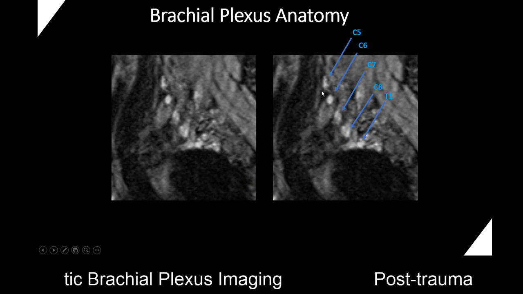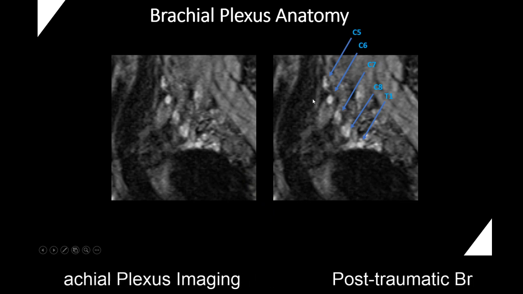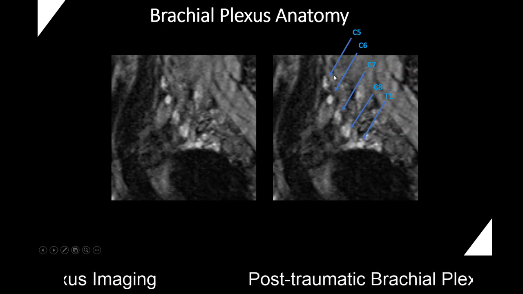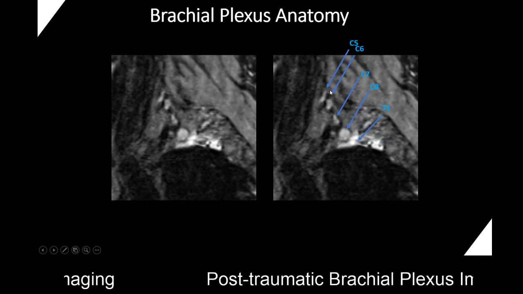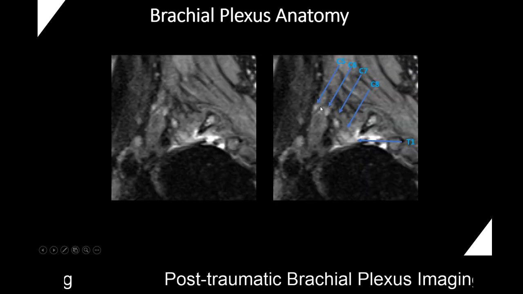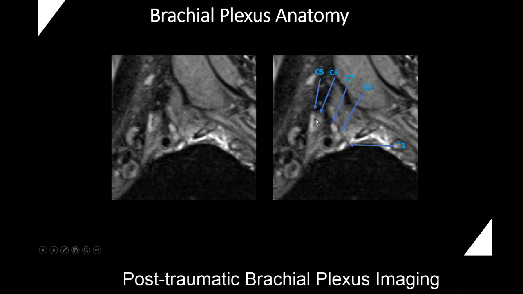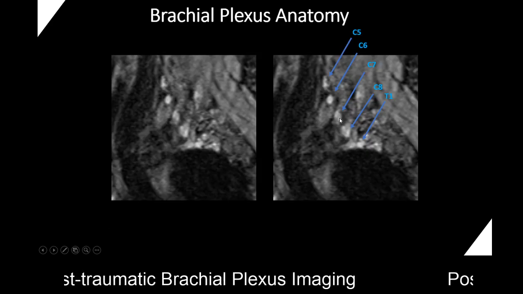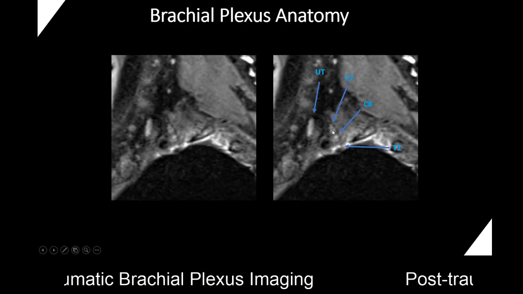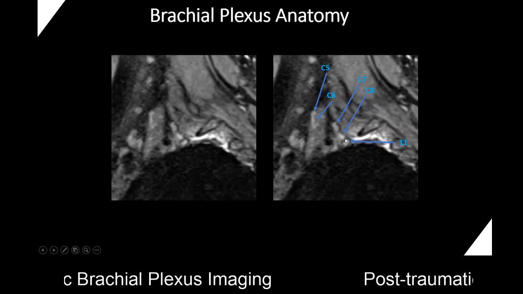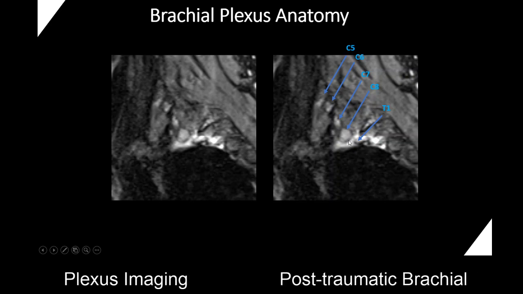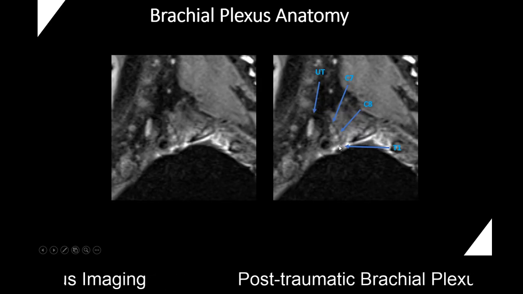So this is a teaching atlas that is available on the YouTube channel, labeled on the right, not labeled on the left. So we're going to follow C5 and C6 first. They're going to come together. Here's the scalene muscle here. And they're going to fuse and become the upper trunk here. We go back and you're going to see C7 coming out as itself and continuing as the middle trunk. And you're going to see C8 and T1 coming toward the lung apex and eventually coming together to form the